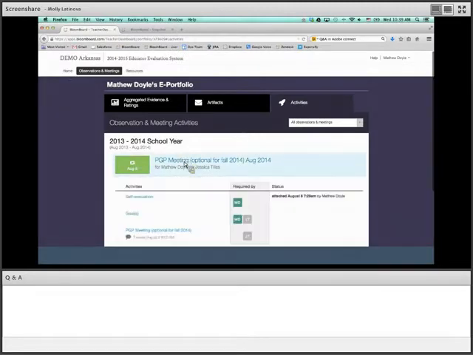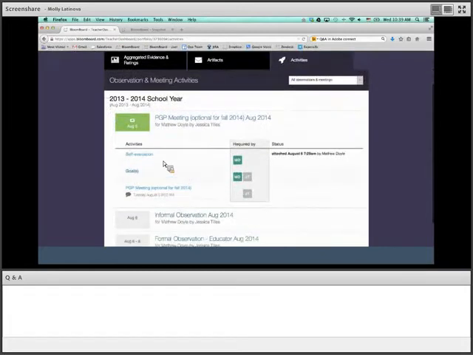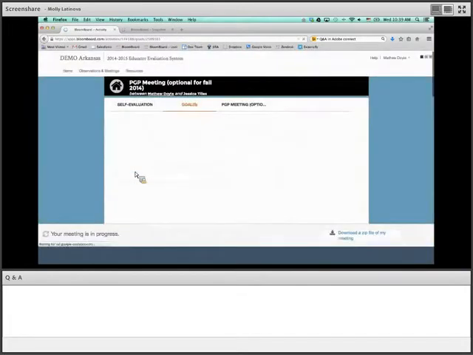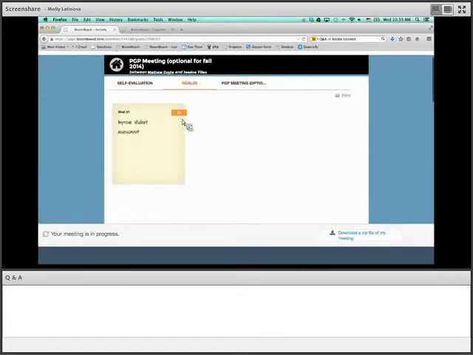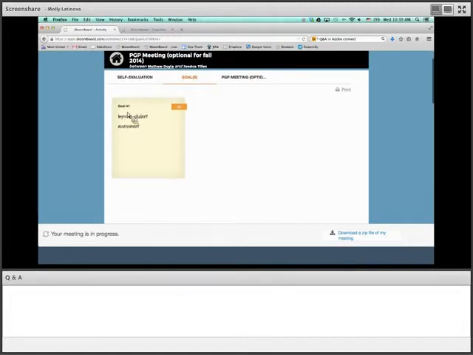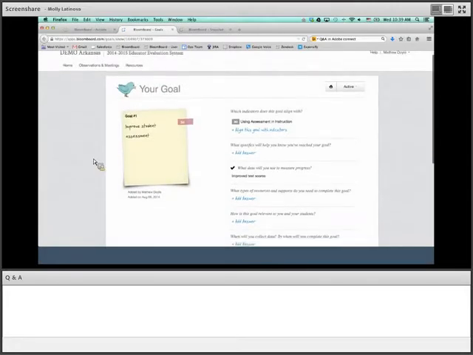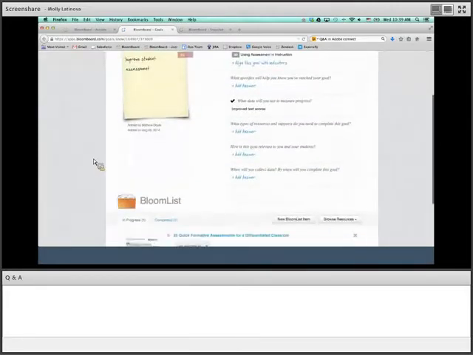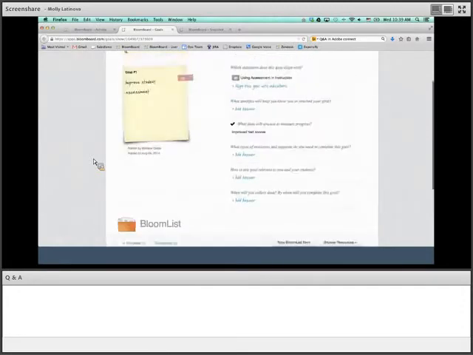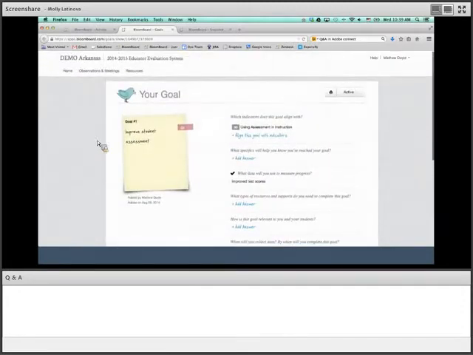Yeah, so I'm looking at goals and I realize I want there to be more goals set for me this year. How do I set a new goal? If I click on the sticky note, it takes you to that goal. So you're just seeing that particular goal that we've already set. But if you know that you want to add another goal, you go back to your home page,